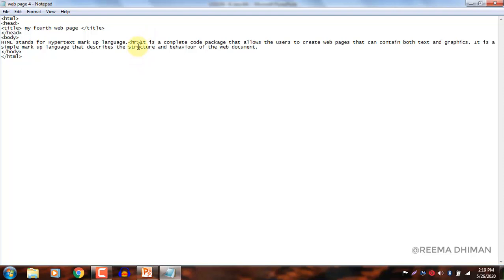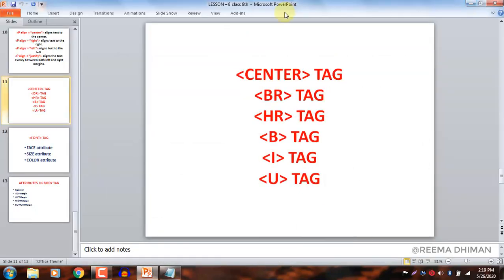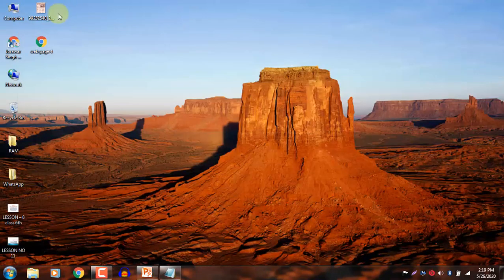Clear? So as I want to draw a horizontal line starting from here, I just type the HR tag here. Now press Ctrl+S and observe the changes. This is web page 4.